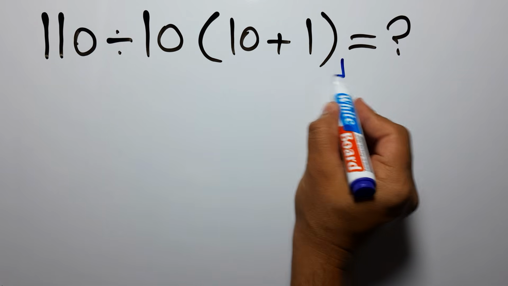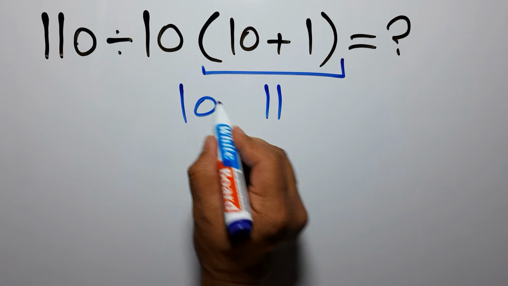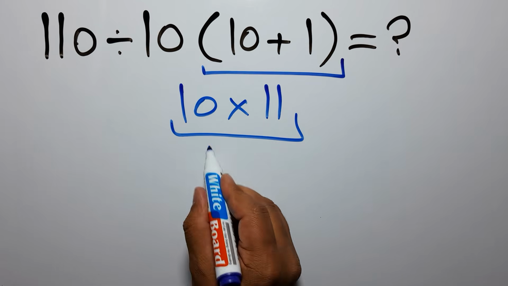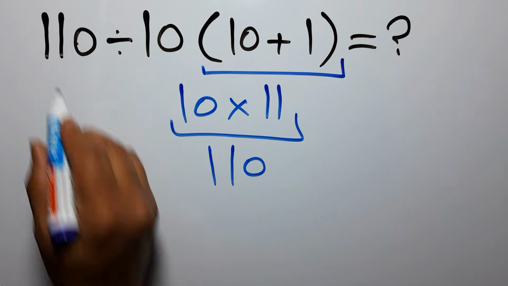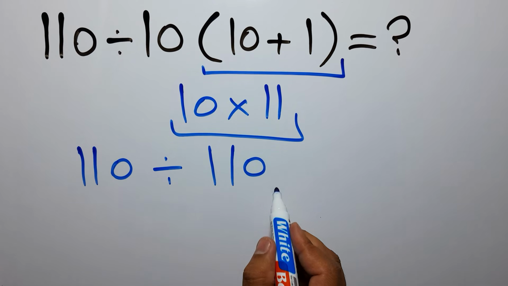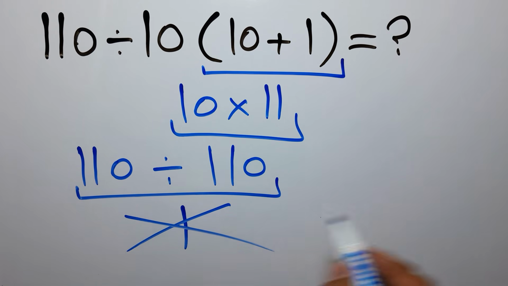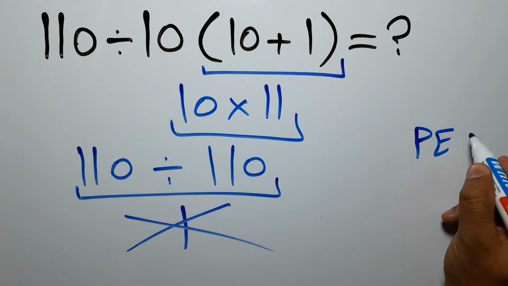10 plus 1 gives us 11. And 10 times 11 equals 110. So 110 divided by 110, which equals 1. But this answer is not correct because according to the order of operations, which is PEMDAS,